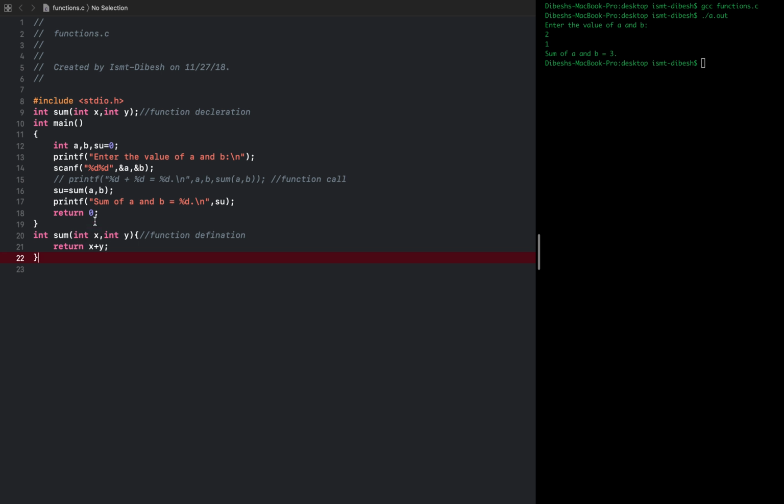Remember one thing: whenever you are using int, it should return some value here. So I am returning the value x plus y, which means x has the value of a and y has the value of b. So if I pass 2 in a and 1 in b, it will pass a's value to x and b's value to y, and when x plus y is done, the value would be returned